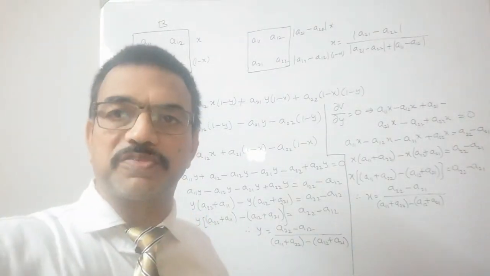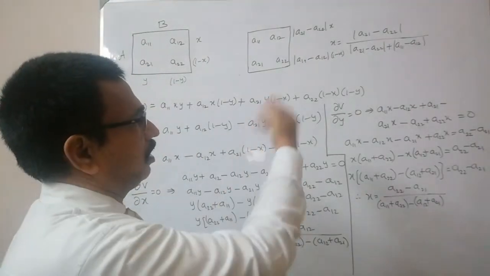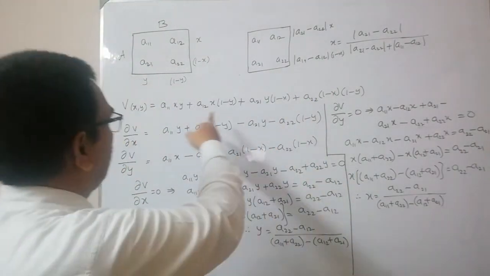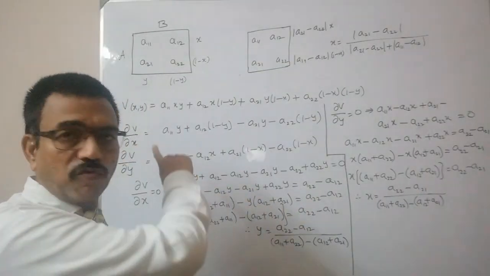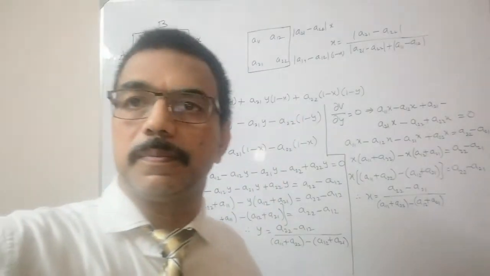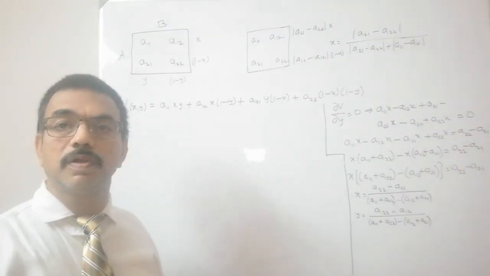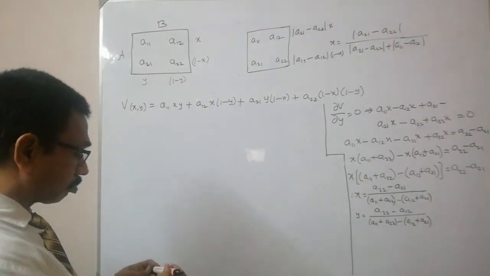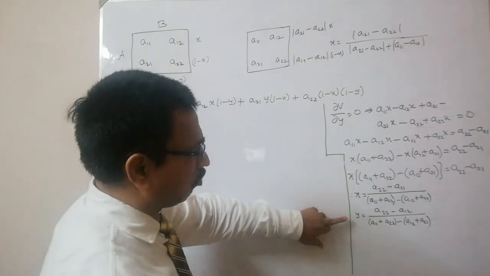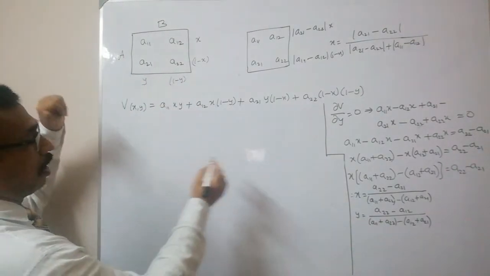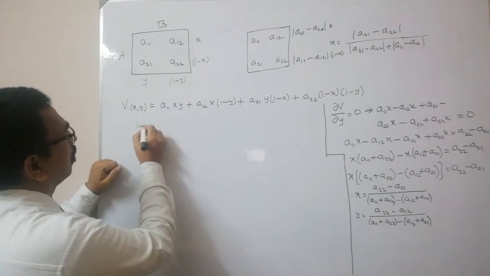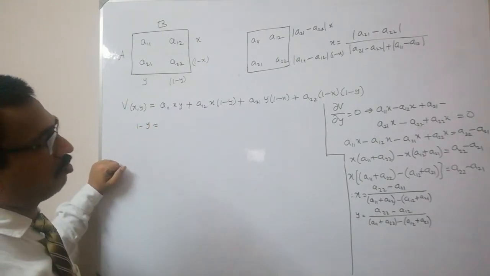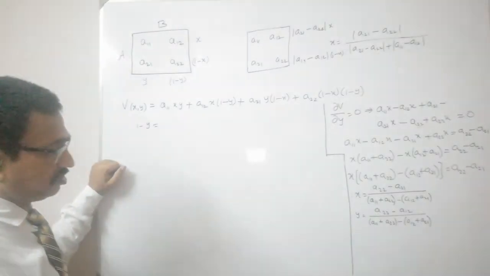We'll take a small pause because I have to erase all these things and derive the value of the game, substituting for x and y in this. Okay, now as we have x and y as derived, now we can calculate 1 minus y and 1 minus x also by simplification.